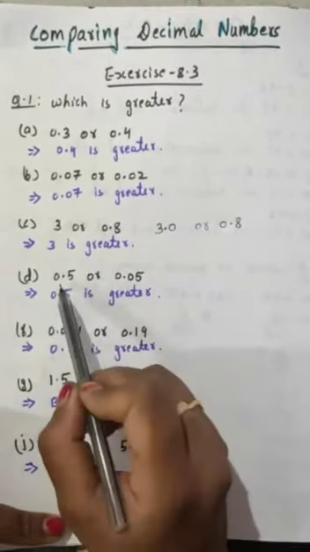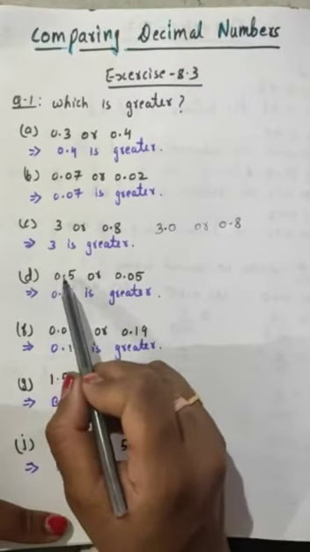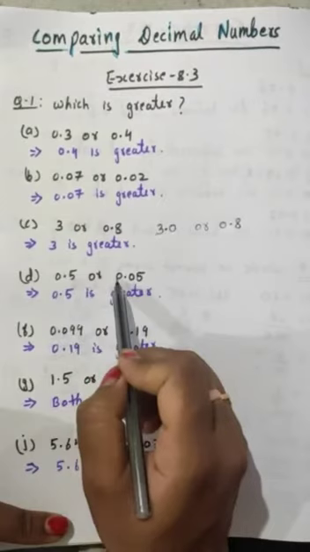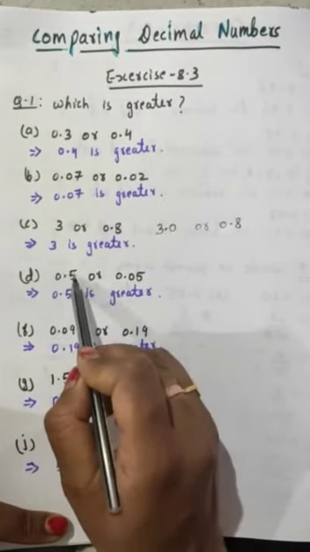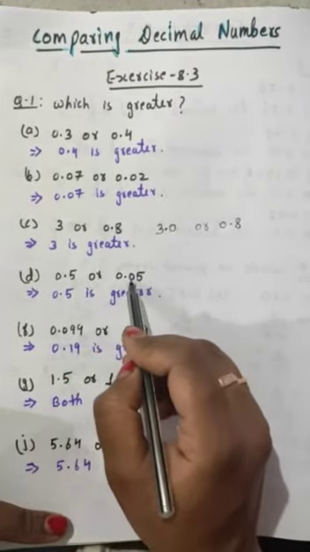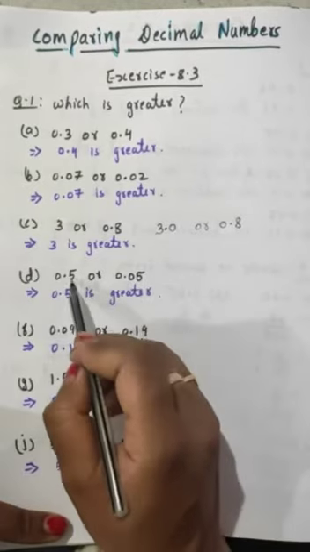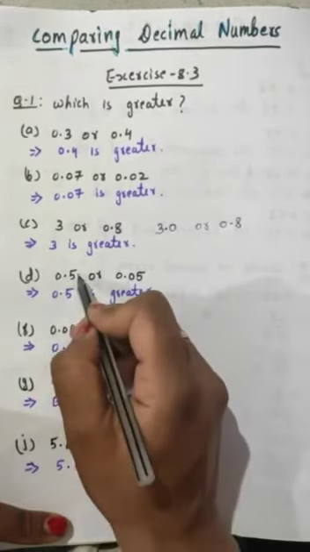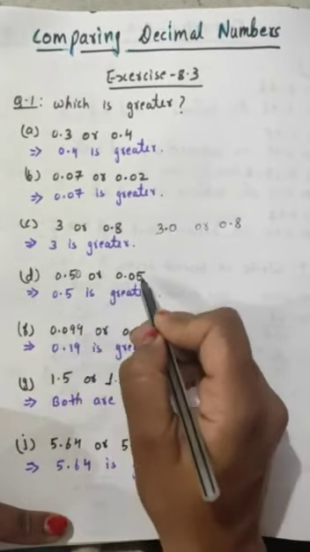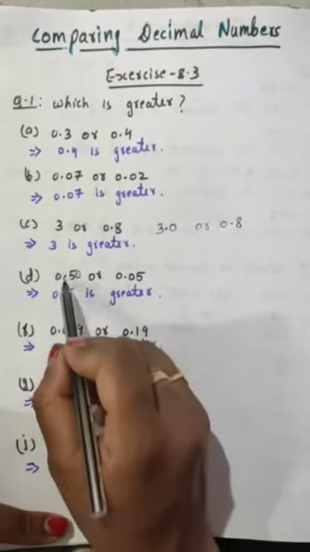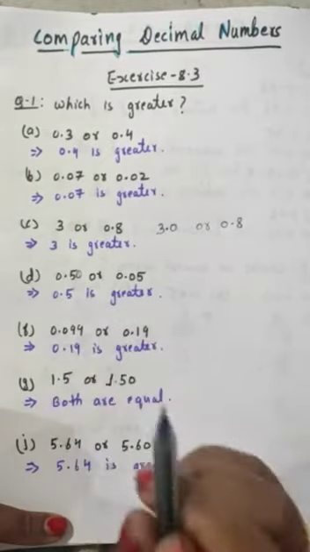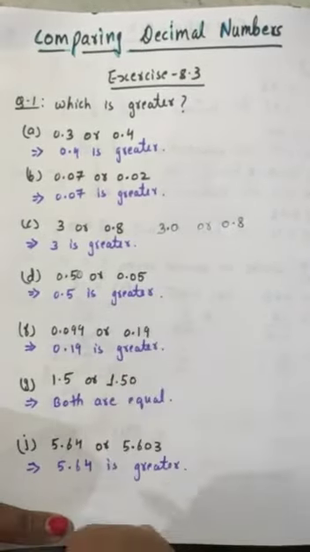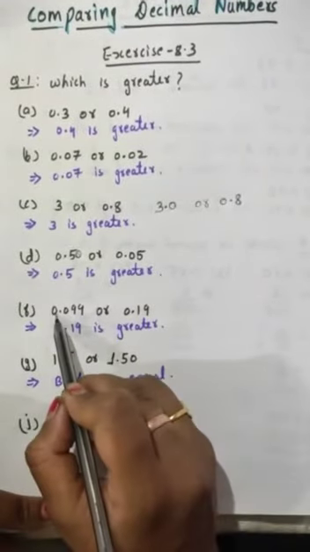For example, in the next one 0.5 और 0.05. Now 0 तो सेम है, डेसिमल के बाद पहला डिजिट यहाँ पे 5 है और यहाँ पर पहला डिजिट 0 है. Now you know 5 is greater, so no need to compare the next digit now. Okay, you can see here 0 is there, here 5 is there, but doesn't matter because decimal के बाद जो पहला digit आएगा that you have to compare first. So 0.5 is greater.